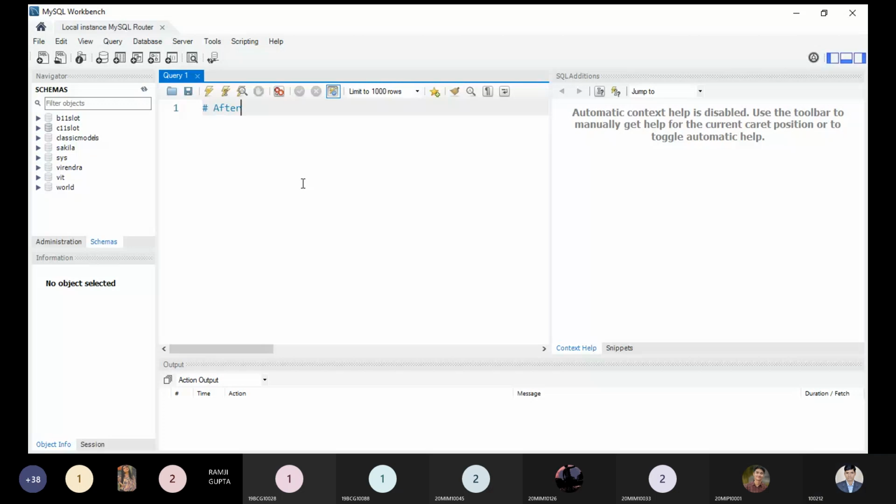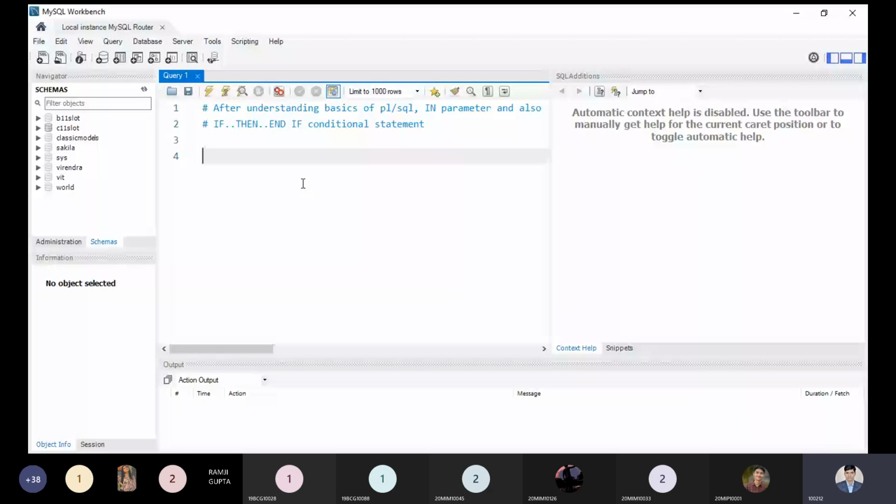After understanding the basics of SQL, the IN parameter, and also the IF conditional statement, now it's time to see the OUT operator. So first we will see the OUT parameter.